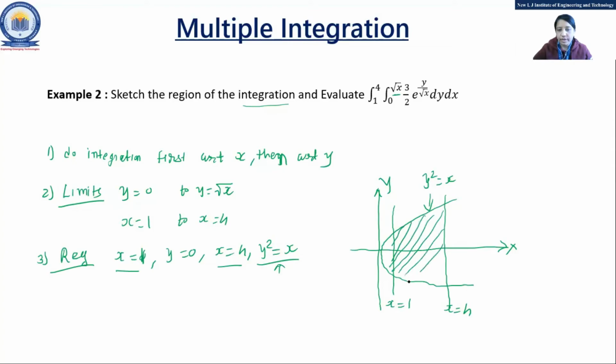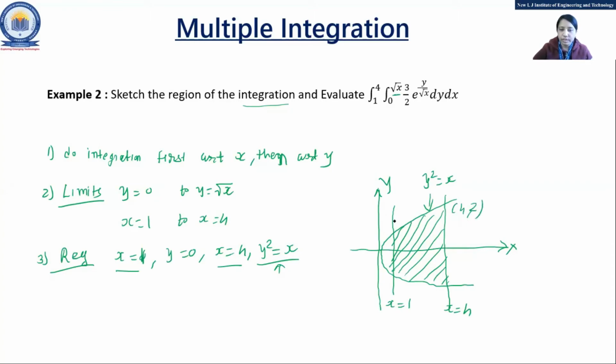Now we want to find out the integration of this one, where this is just a k. Which point? Here it's y square equal to x, so we can't go for that one. Can anyone tell me the point here? Here x is 4, and what should y be for that? If you put x equal to 4, your y will be 2.